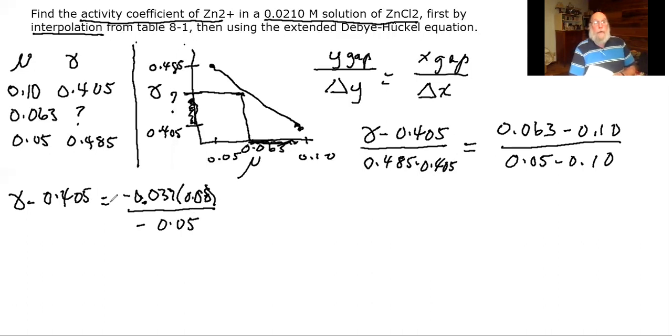And so if we multiply that out and then add the 0.405 to it, we can say that our gamma value here in between 0.05 and 0.1 ionic strength is going to be